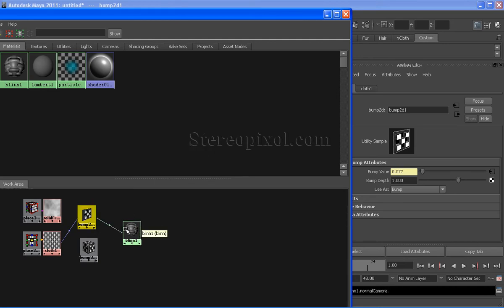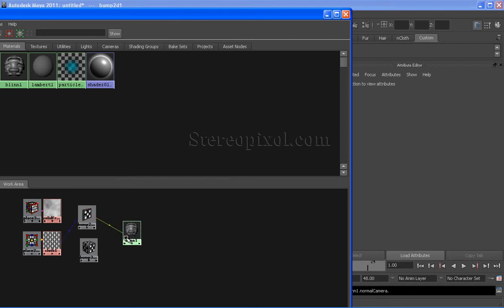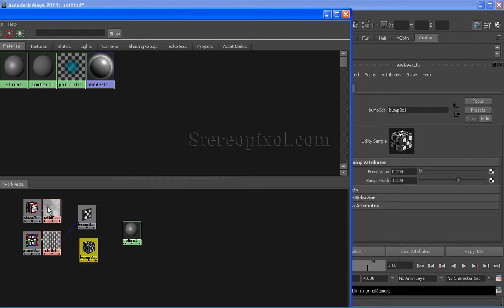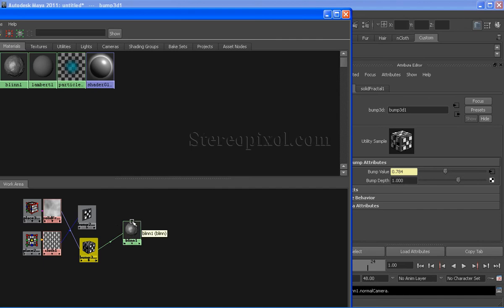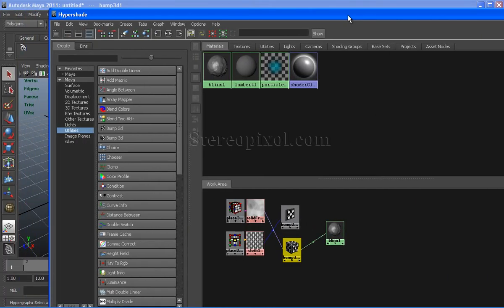So it will give you the same result. And with the bump 3D node, select the bump 3D node and select solid fractal middle mouse drag drop on the bump value and connect the bump 3D node onto the shader under bump map. So it will give you the same result which I have already shown you.